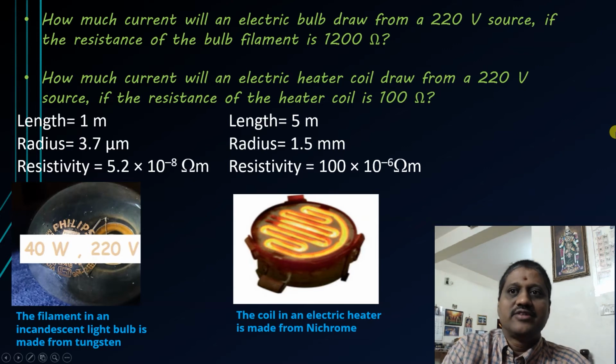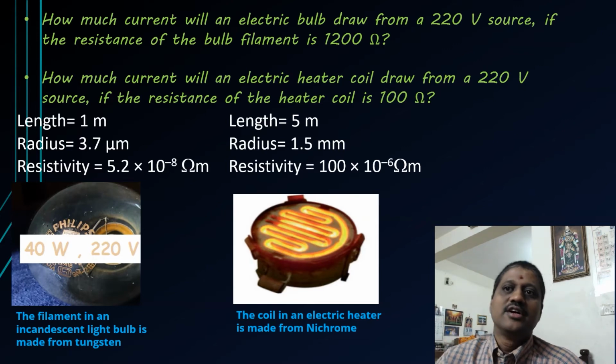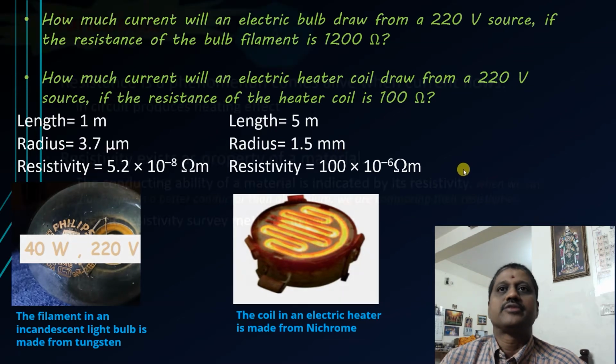Beautiful. I vote for the NCERT book to help you understand conceptually. So resistance is different. Resistivity is different. Resistivity depends only on material. Resistance depends on the object, with what dimension it is made. That important distinction you understand.